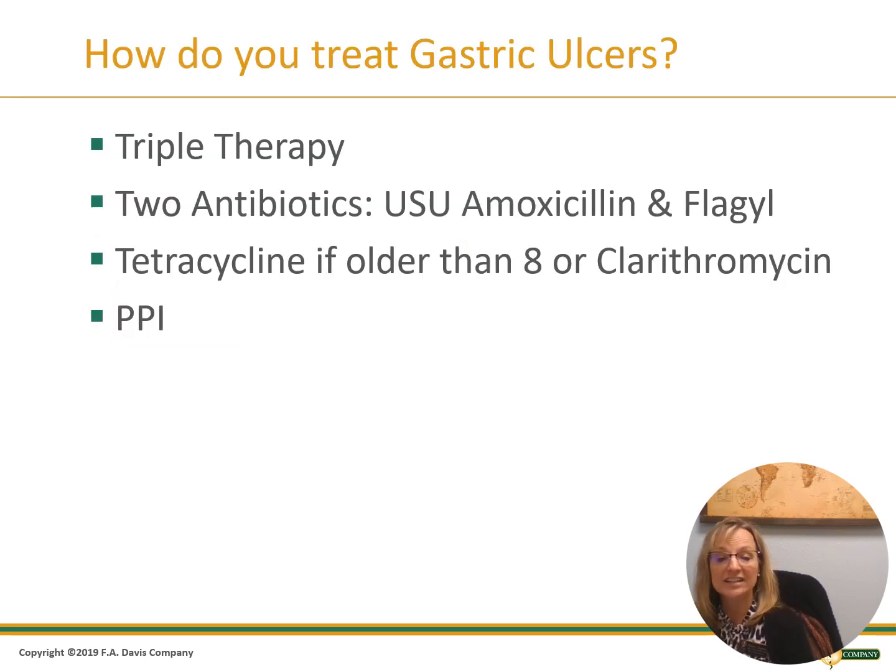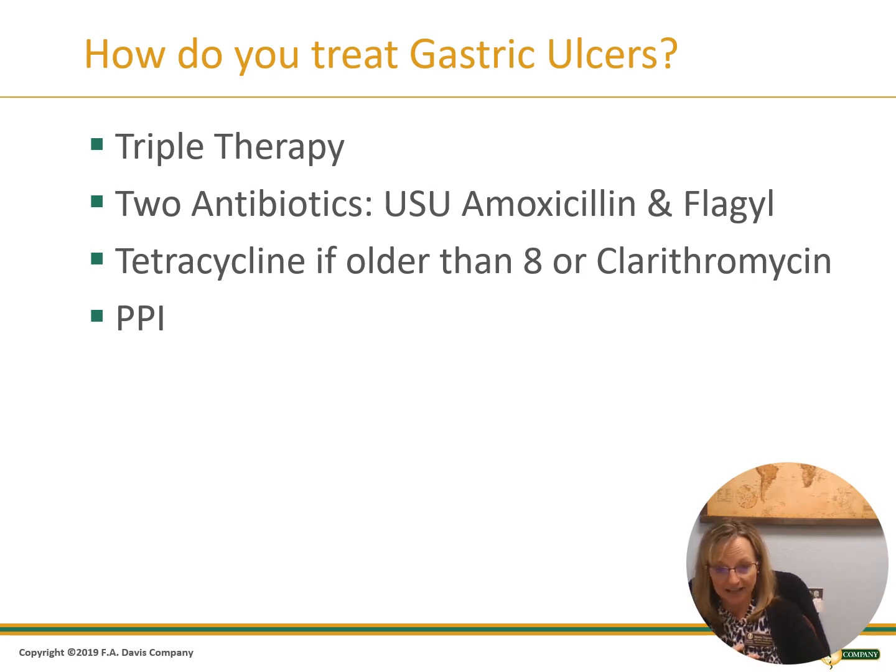How do you treat gastric ulcers? Especially if it's H. pylori, it's a big, big deal. It is a triple therapy, and so you're always going to have 2 antibiotics and a PPI. Most typically, if there's no allergies, they're going to do amoxicillin and Flagyl